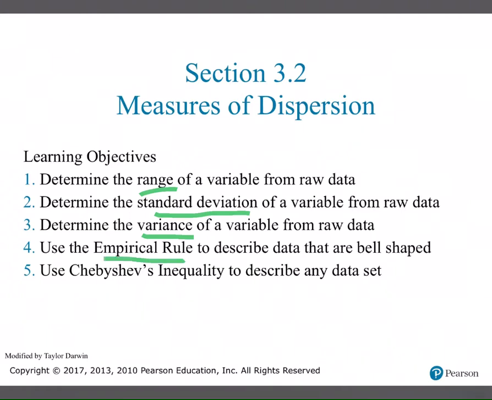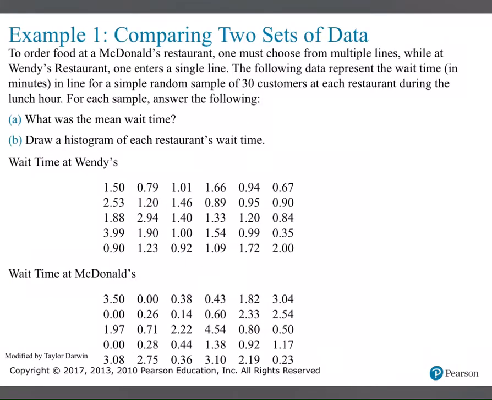We're going to talk about something called the empirical rule and Chebyshev's inequality. It says, to order food at a McDonald's restaurant, one must choose from multiple lines, and at a Wendy's restaurant, one enters a single line. The following data represent the wait time in minutes for a simple random sample of 30 customers at each restaurant